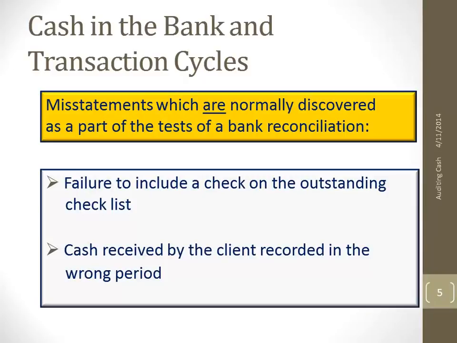And then cash received by the client recorded in the wrong period. So let's say, for instance, the money was received at the end of December, but the client recorded it on the books and records as January. You'll see through the bank statement when that deposit was actually made, right? Because the bank is generally going to show the deposit on the date